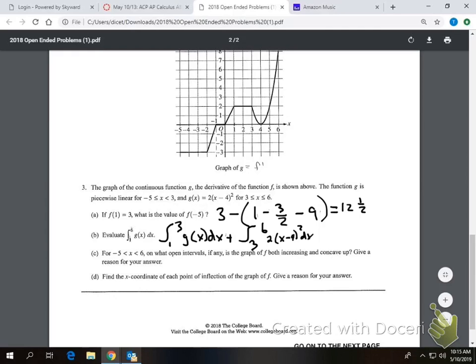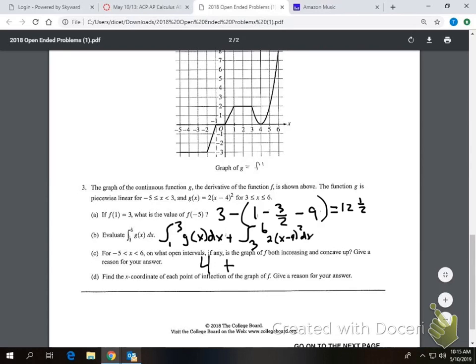I'm going to hit pause. Actually, I'm not going to hit pause yet. Look up here. What's the area from 1 to 3? It's a square above the x-axis, so it's a 2 by 2. So what's this area right here, guys? 4. Plus,